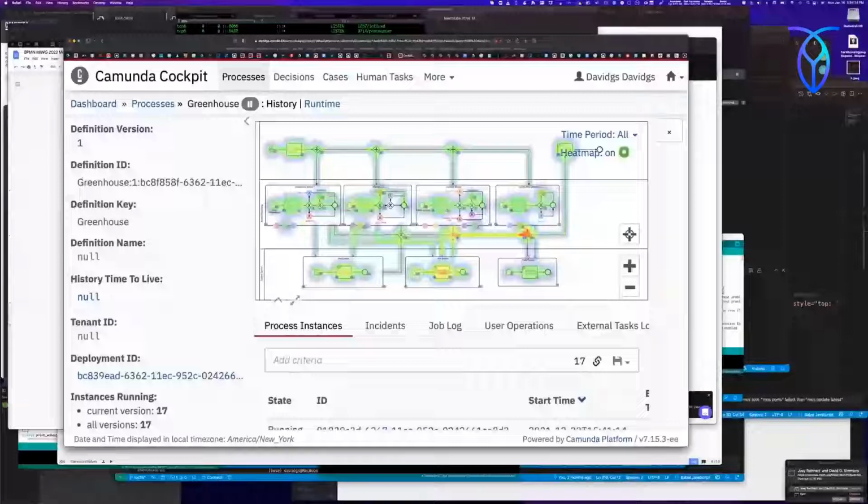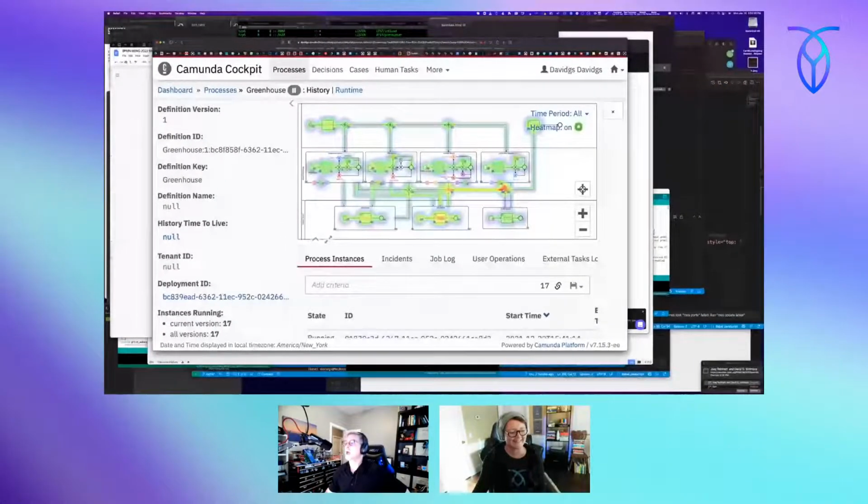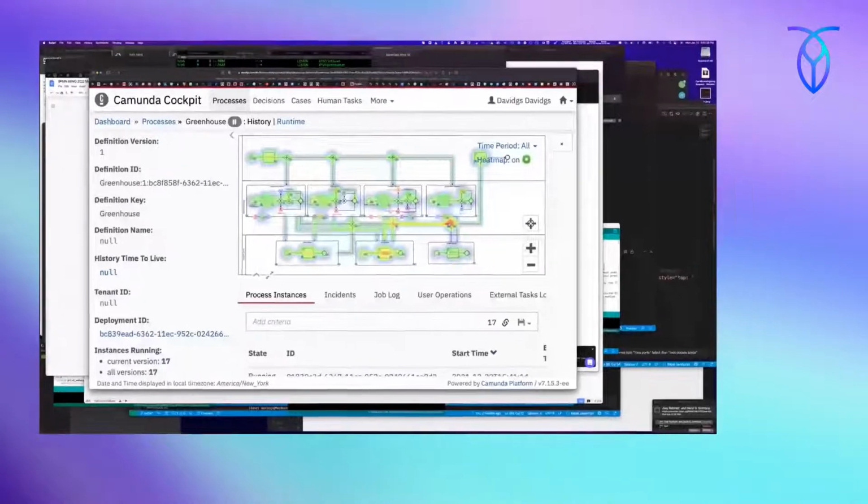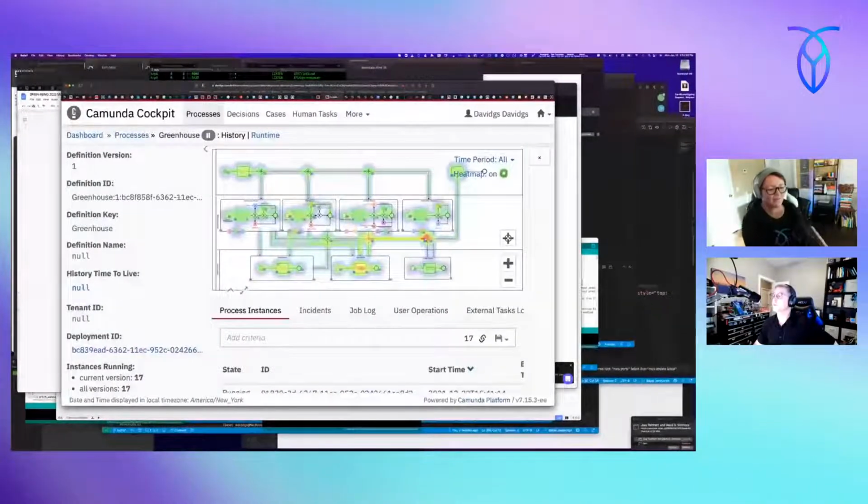And so this helps me to design a better process, because I can look here and say, wait, why am I doing this? I don't need to do that, right? I don't need this gateway to wait for everything to arrive here before it goes out, right? Why don't I just have it go